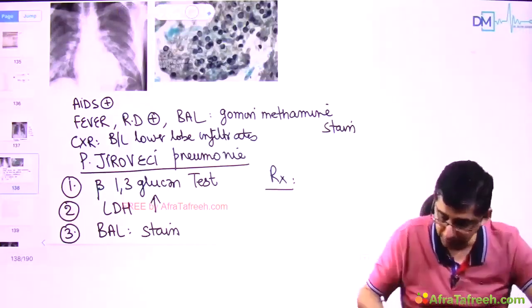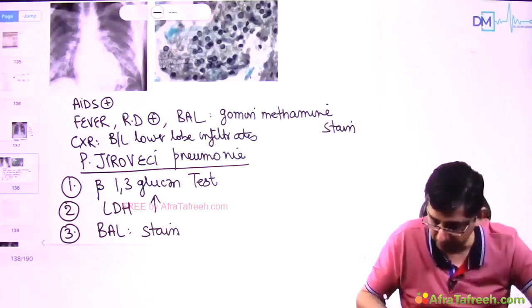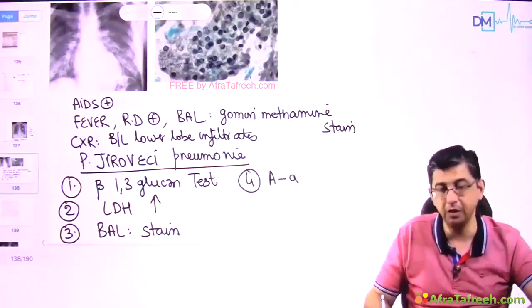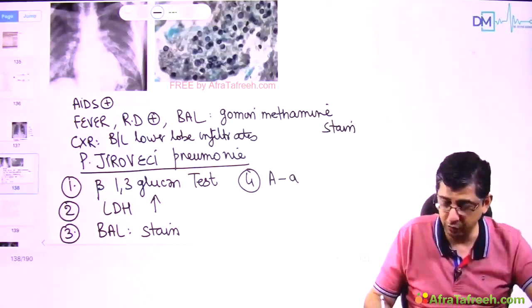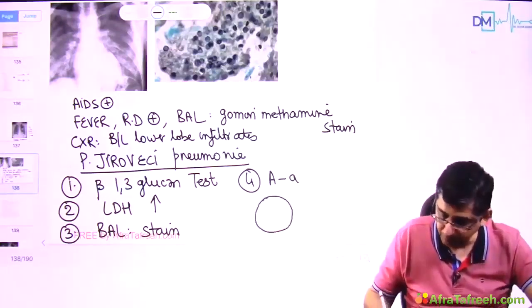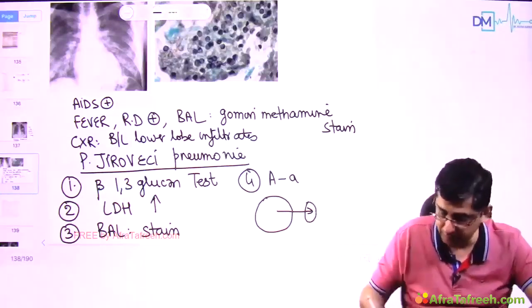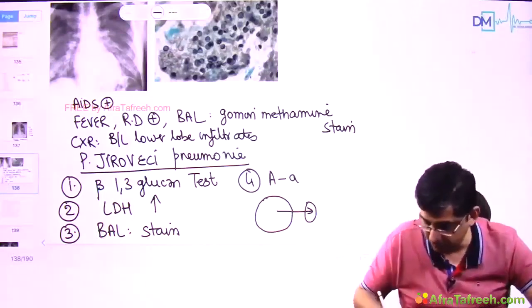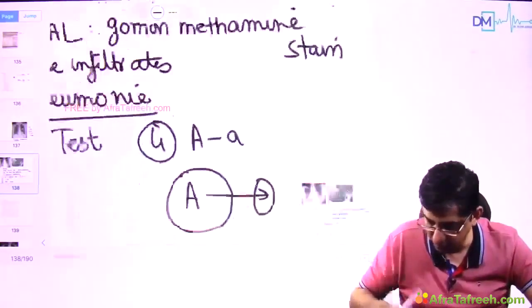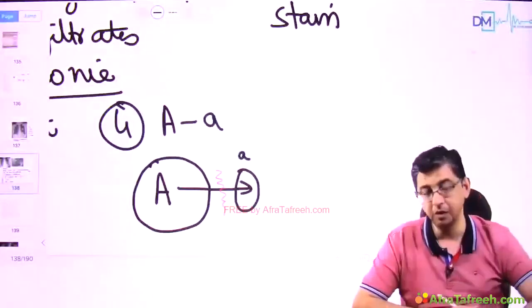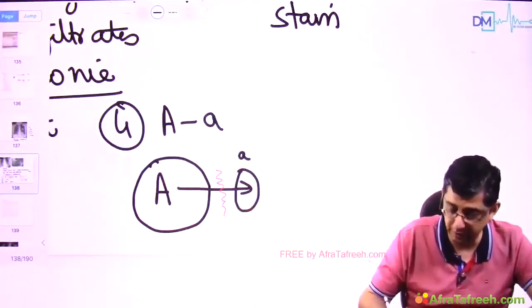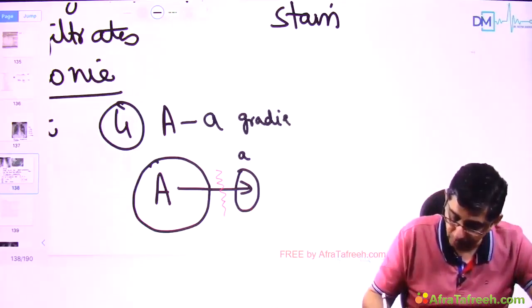Lots of times they might deliberately mention features like alveolar arterial gradient. You see, because this pneumonia will be an interstitial pneumonia, the diffusion of gas from the alveoli into the blood vessels will be reduced because the pus is in this case in the interstitial space. So capital A represents the pressure of the gas in the alveoli and small a represents the pressure of the gas in the blood vessel, and because small a will become lesser, therefore this gradient will increase. Normal alveolar